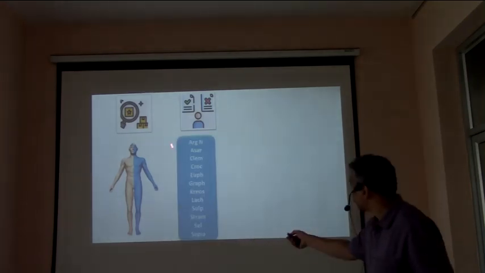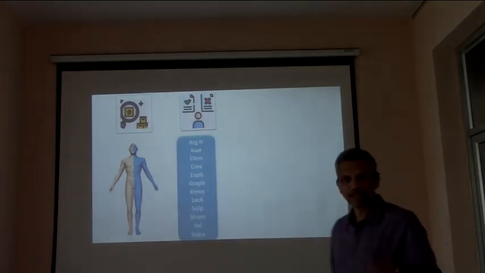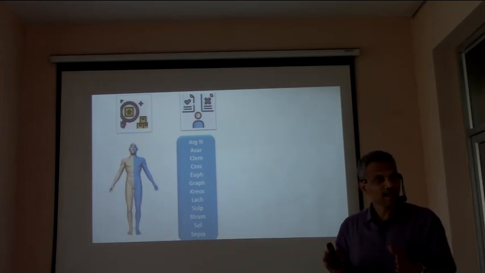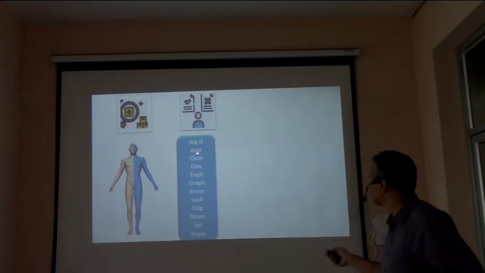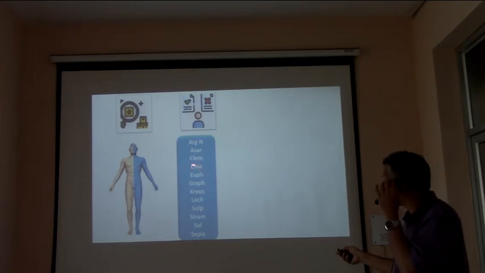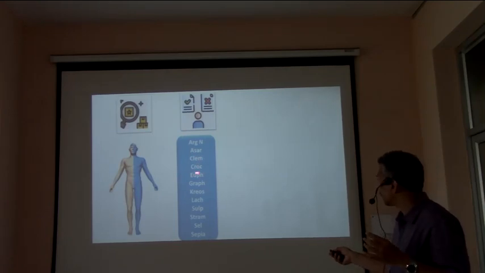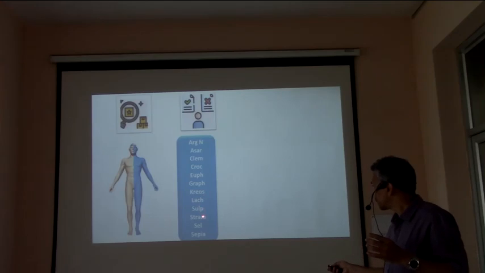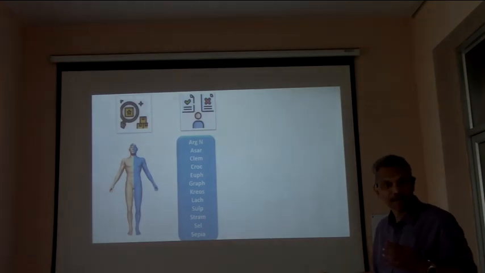So there are a good number of left-sided remedies mentioned in your repertory and materia medica. For example, argentum, asarum, clematis, crocus, euphrasia, graphites, creosote, Lachesis, sulphur, stramonium, selenium, sepia,